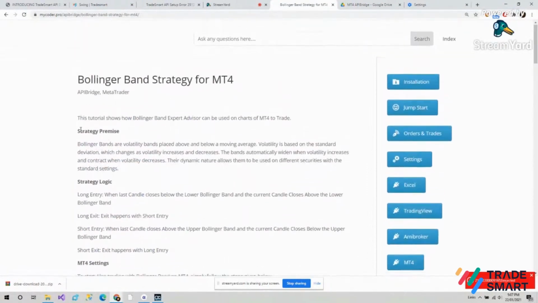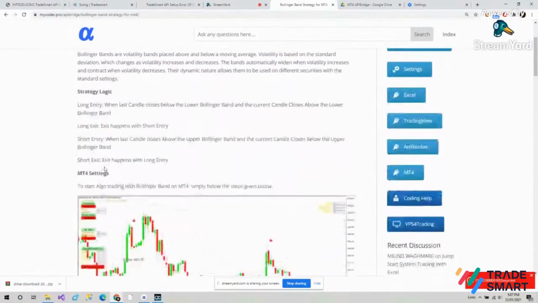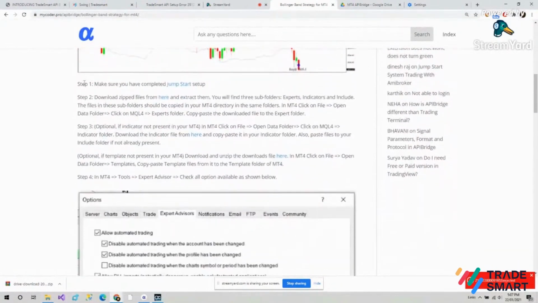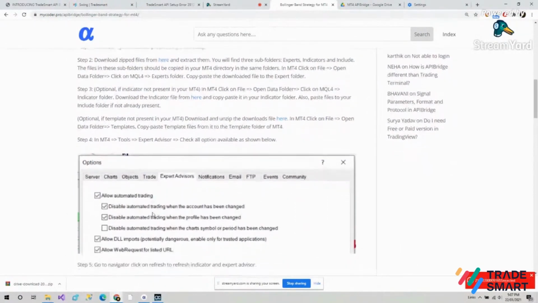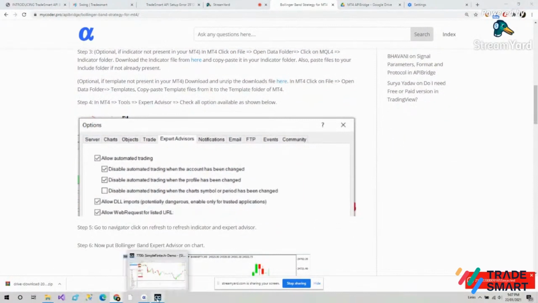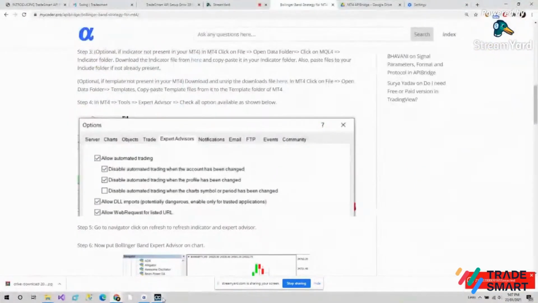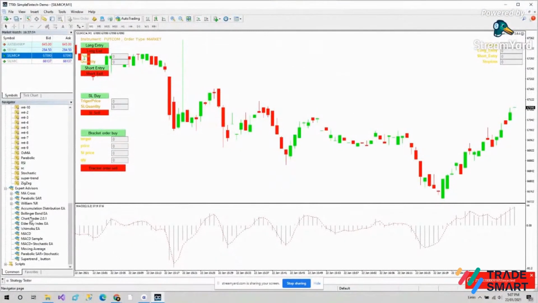In Bollinger Band strategy, you can again see all the instructions regarding the strategy mentioned here, and all the step-by-step instructions are mentioned. I've already followed all these steps, so I won't have to do it again.